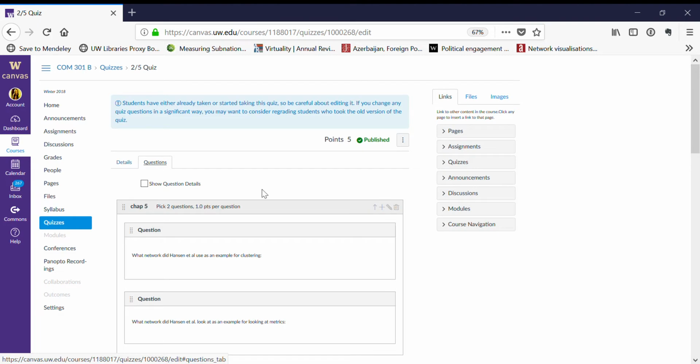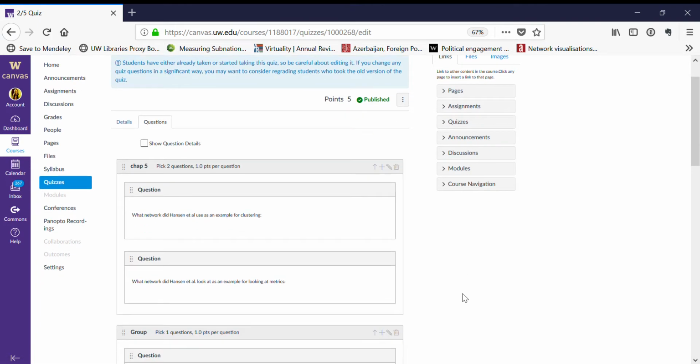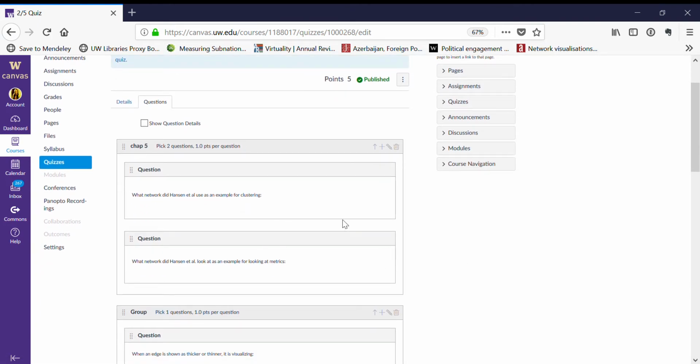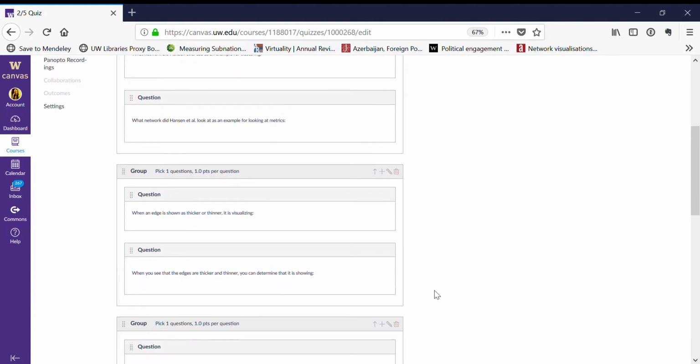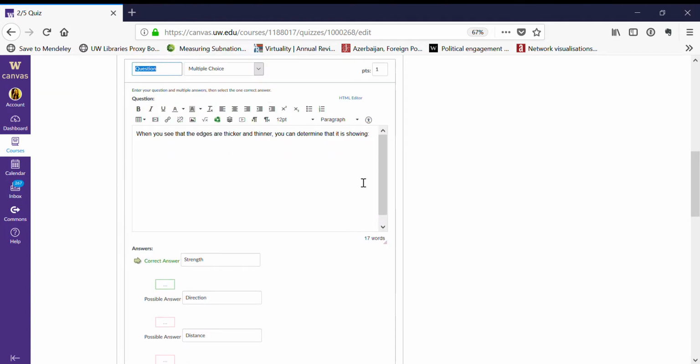So let's look at these questions. So this first set of questions, I actually wanted them to answer both. So let's look at this second. So you can see here, I have in this group, basically the same question asked twice. When an edge is shown as thicker or thinner, it is visualizing: when you see that the edges are thicker and thinner, you can determine that it is showing. And you can see the answer choices